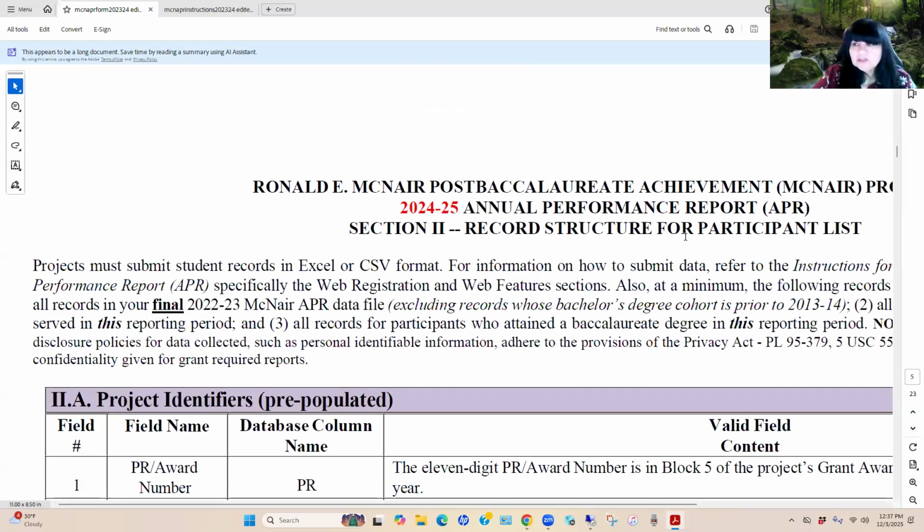So let's go ahead and continue looking at now section 2. Okay. So section 2, as we mentioned, is an opportunity for you to use your current tool. You'll use your database again to capture information about your program participants and to really tell that story through numbers. I like to look at that Excel file as each column has a column header that we have to make sure that we use, and we find that within this record structure.